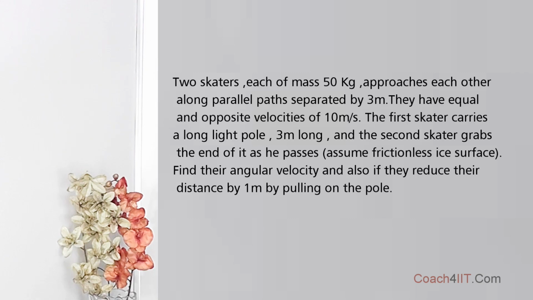One of them holds a long pole, 3 meters long, the same as the separation, so that is the length of the pole. The first skater carries a long light pole, that is, the mass of the pole is 0 and its length is 3 meters. As soon as the first skater reaches the second skater, the second skater grabs the end of the pole, and now they will move in a circle, that is, with some angular